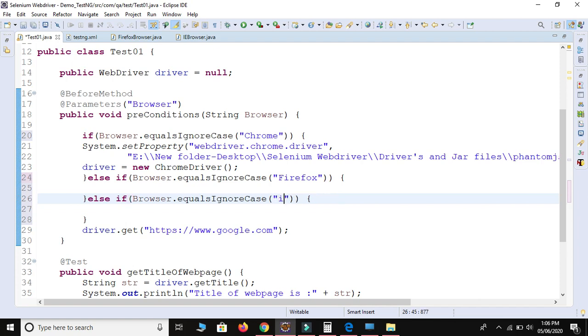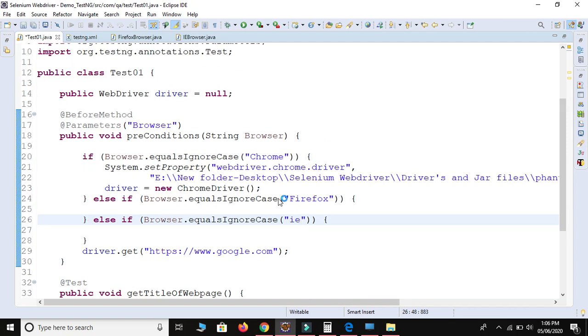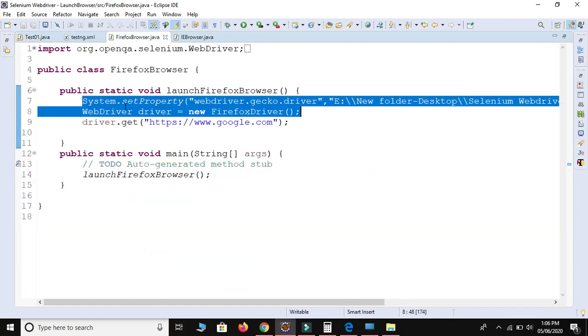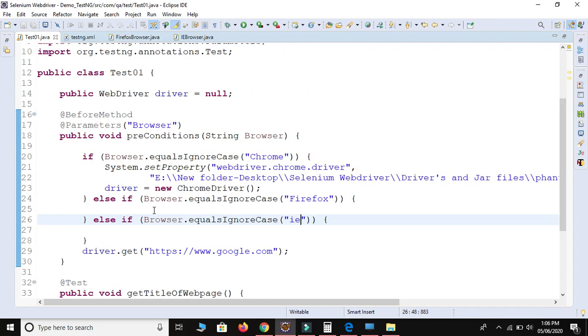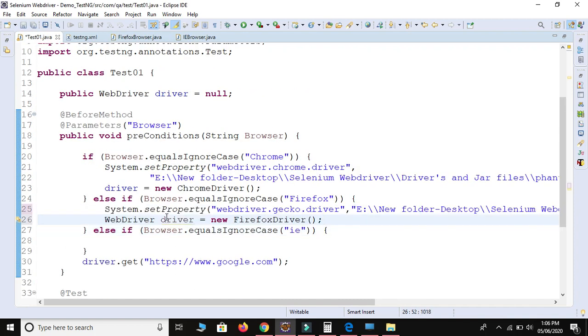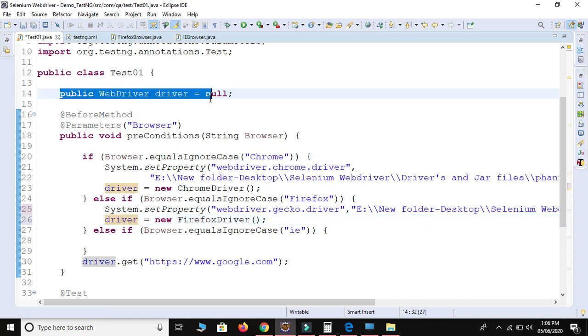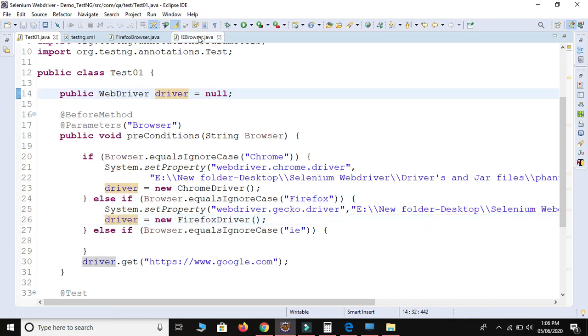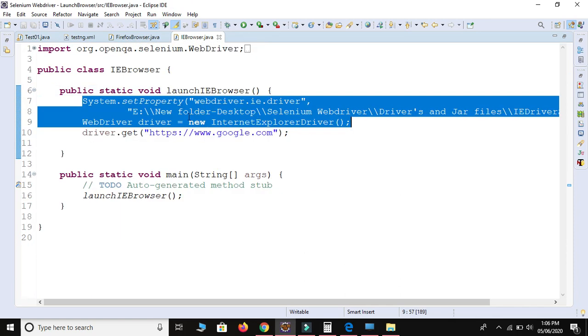Now I will copy this value because it will waste our time. Let me remove this WebDriver interface because I have already declared it as public. Okay, let me take the property for the IE.